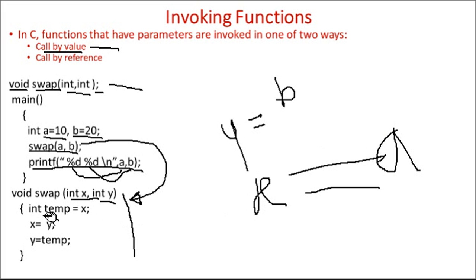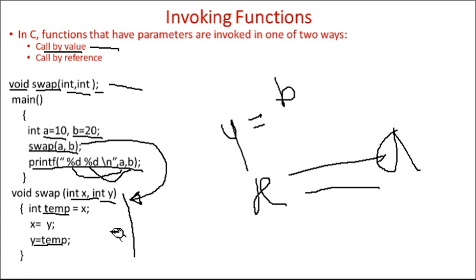On the next line, there is another variable which is initialized with the value of x. It means the value of x will be assigned to it, the value of y will be assigned to x, and the value of the temporary variable will be assigned to y. This is how the swap function works.